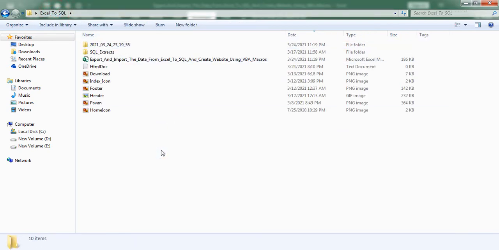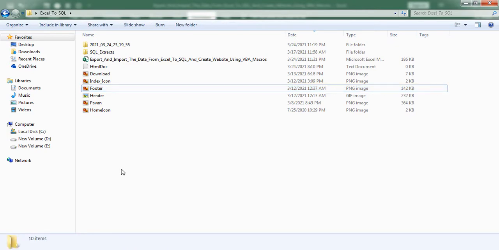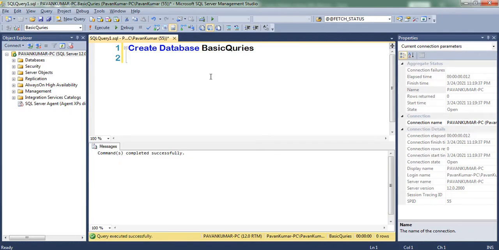So if you want to create your own website, replace the header and footer with your images, but retain the names as header and footer. Main advantage of this macro is, after completion of the automation, user can cross check in query analyzer also.